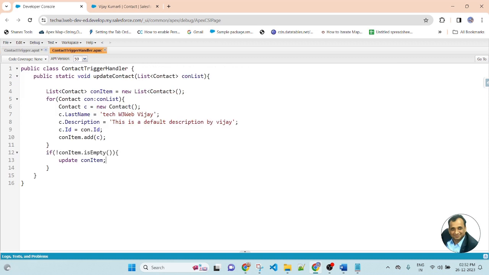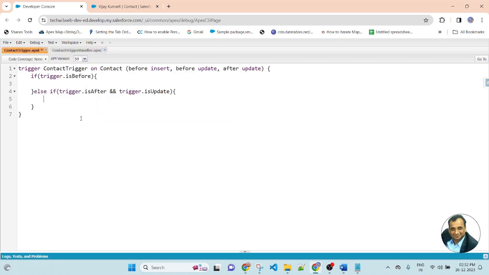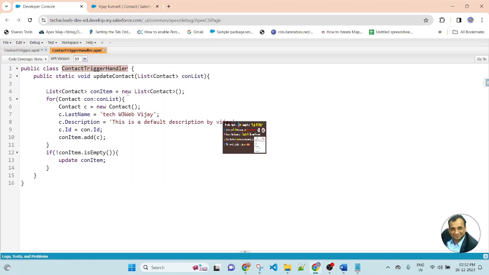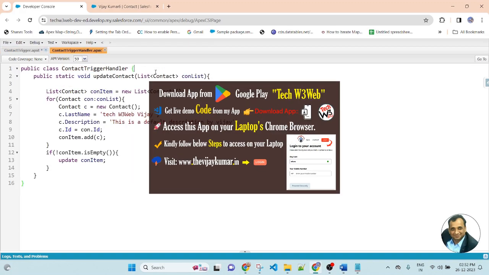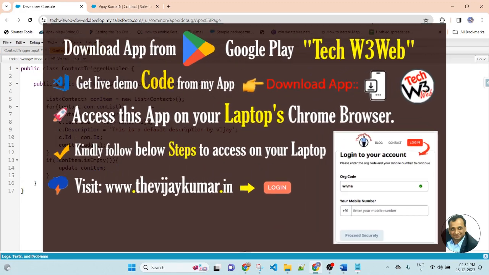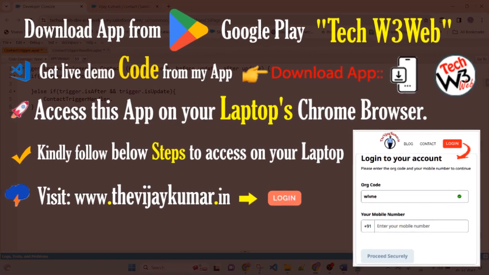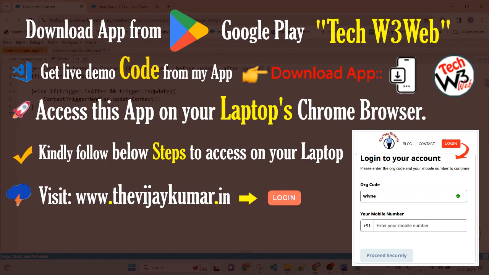First we will call the controller, then the method. Copy the controller name. This is the name of the controller. Dot, that's the name of the method. So method name is updateContact.